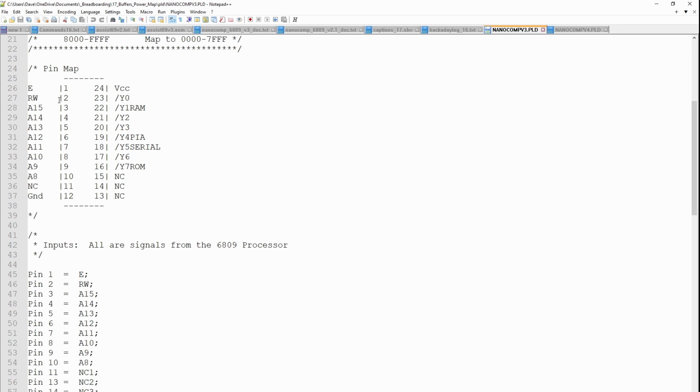So all we're doing is taking the E-clock signal. We'll also take the read-write signal as well, because there could be some chips in the future that might need to be able to separate out the read and write signals into two separate signals. We then have A15 down to A8. We're not using pin 11, 13, 14 or 15.